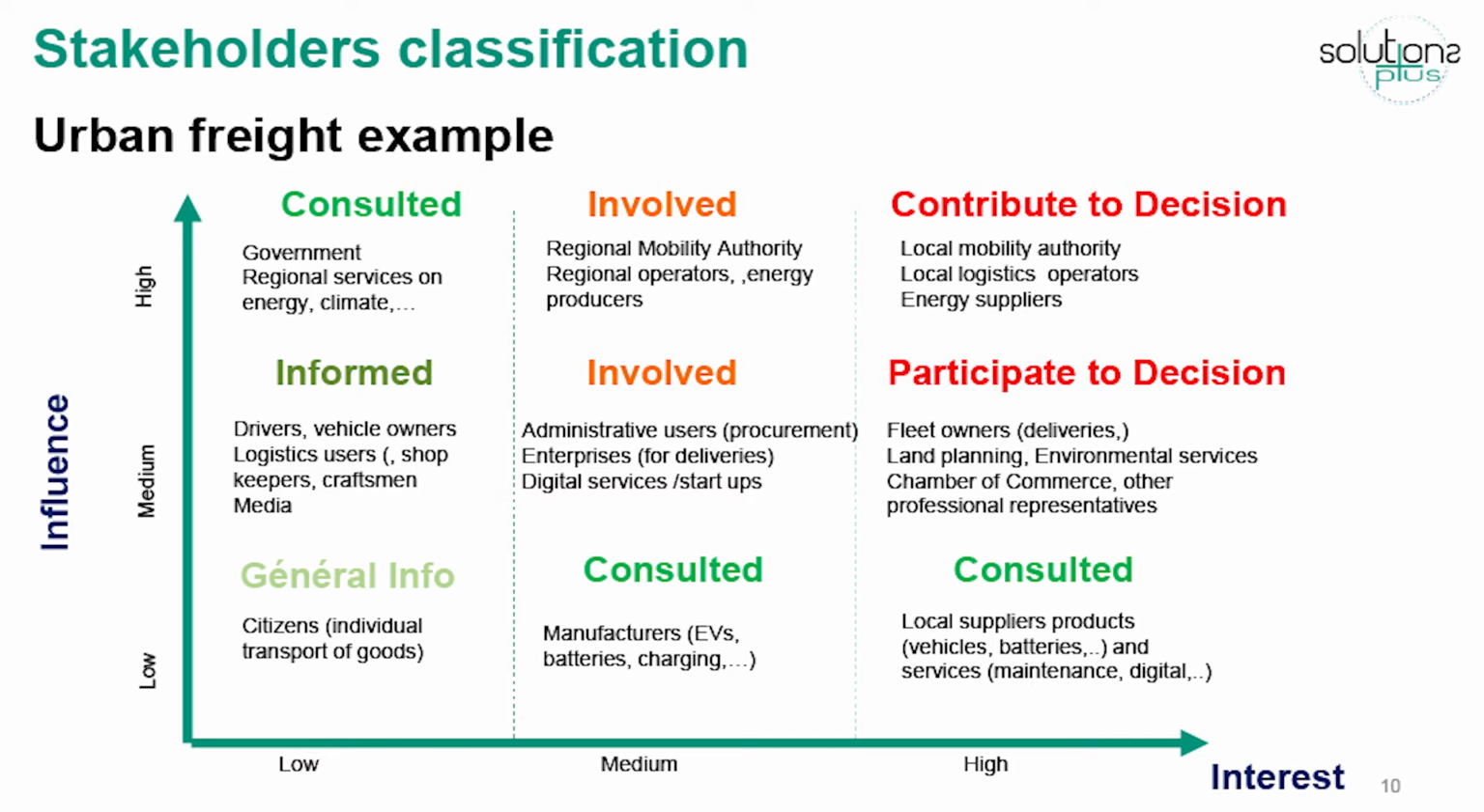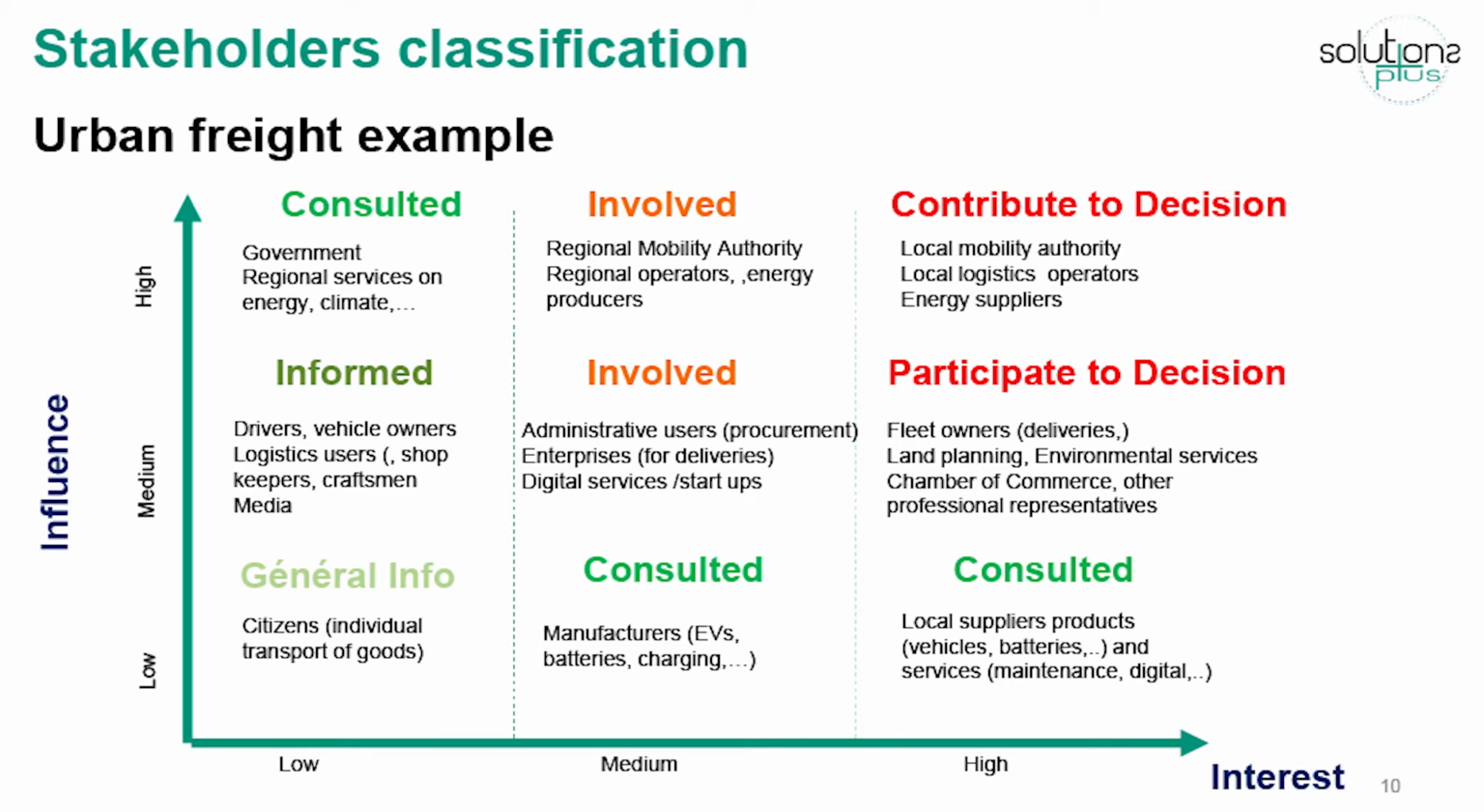The diagram on the slide illustrates an example of classification for the deployment of an electro-urban logistic project. Obviously, local authorities, logistic operators and energy suppliers are the key actors in such a project and must reach a joint agreement on the future organization of logistics in the city, while citizens, on the bottom left of the slide, essentially concerned by the transport of their individual goods, need only to be globally informed to understand the traffic modification